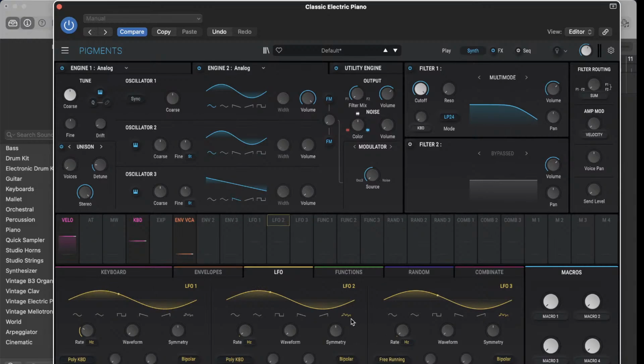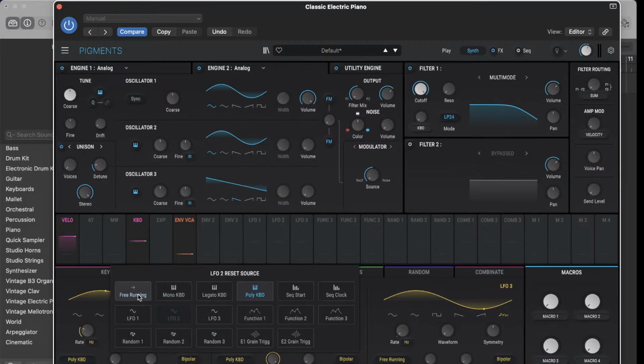The other thing you're going to want to do is try to randomize it. And in Pigments, it's this little sign here for randomization. But I don't want it to be randomized on a square wave where it's just going to pop up and down. So here I'm going to smooth that out. And so it's just going to gradually go up and down, sort of like on a random sine wave. And then the other important thing is in Pigments, you want to set your LFO to free running, because